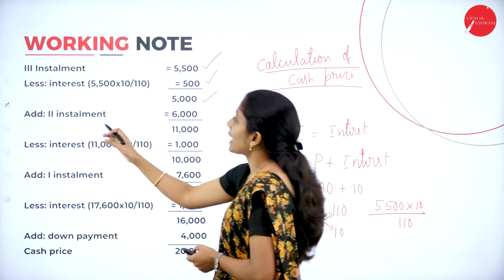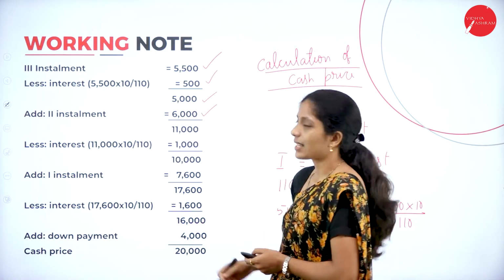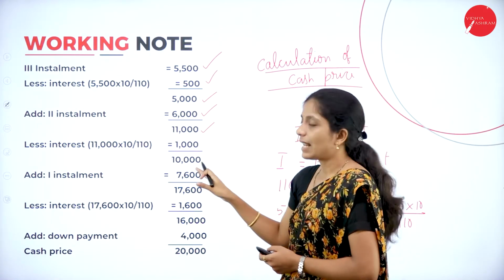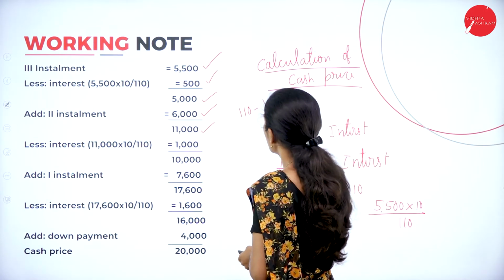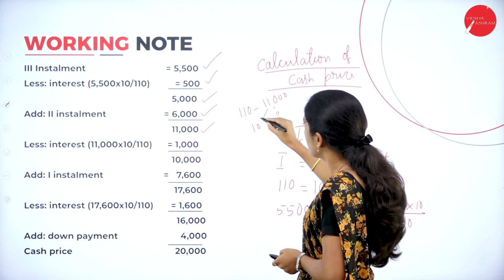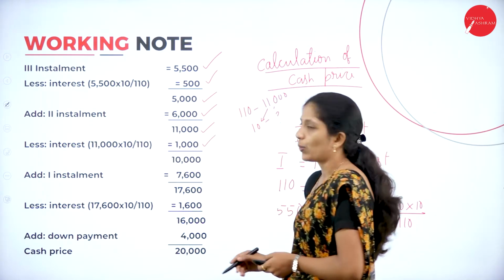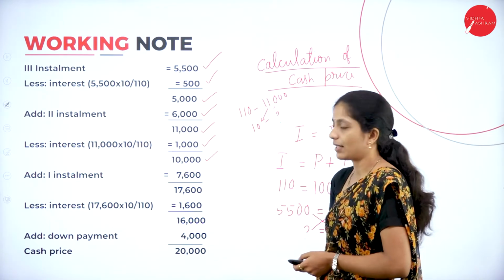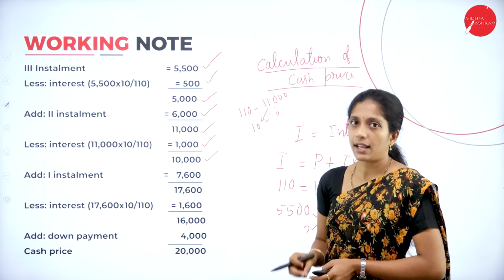Now, add second installment. What is second installment? That is 6,000. So, add 6,000. So, we'll get 11,000. Clear? Now, less interest. In the same way, for 110, it's 11,000. Then for 10, how much? 11,000 into 10 divide by 110, we'll get 1,000. So, less these two, 11,000 minus 1,000. So, we'll get 10,000. So, we are coming from downwards, that is from third installment, next second installment, next first